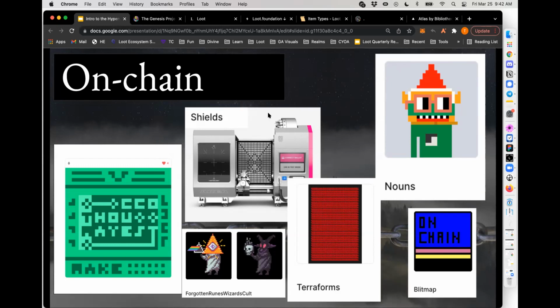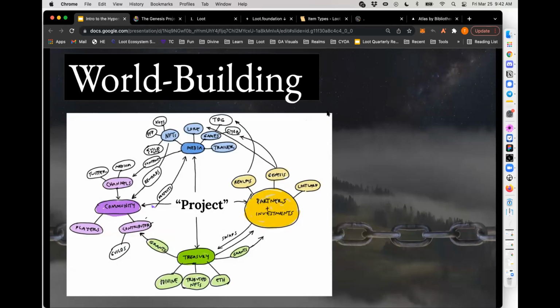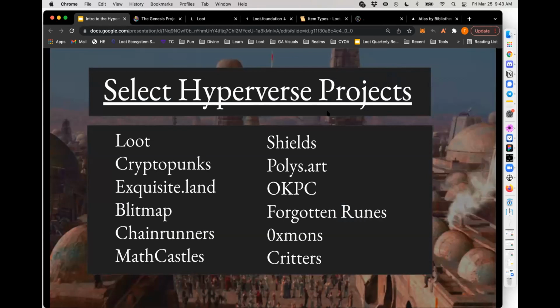Being on chain and being CC0 is a sort of magical foundation to create this meta world around a project, with community, with media, with NFTs, with games, with content, with partners, with collaborative ownership and collaborative creation. It doesn't have to be CC0, it doesn't have to be on chain, but those two mechanics have really enabled this kind of explosion. So I'm going to end this part about Web3 on this slide, and I'm going to pause, and then we can talk a little more specifically about Loot and some of the projects in the Lootverse that are pretty exciting.